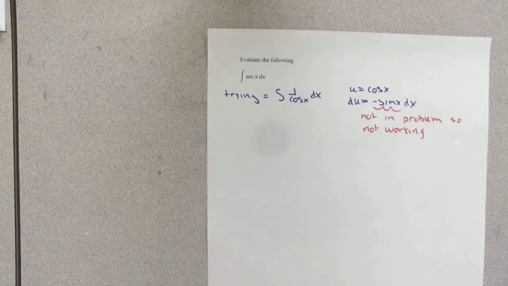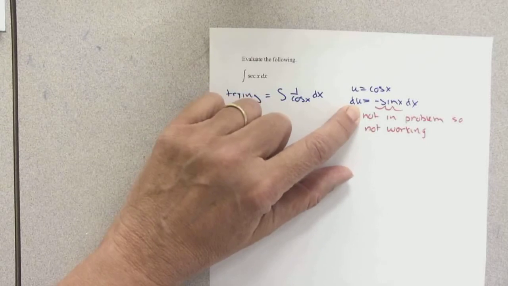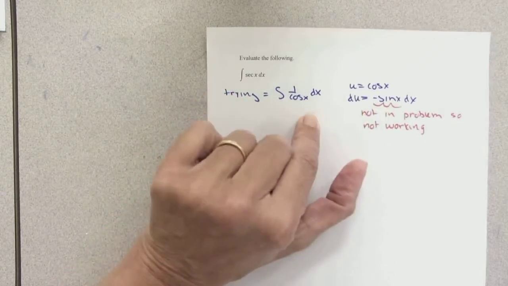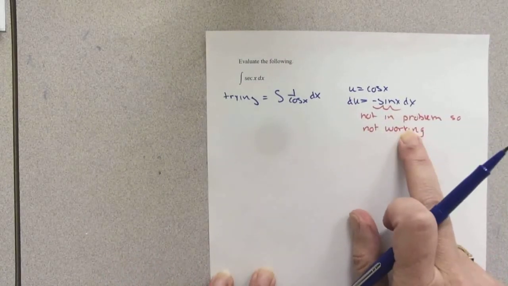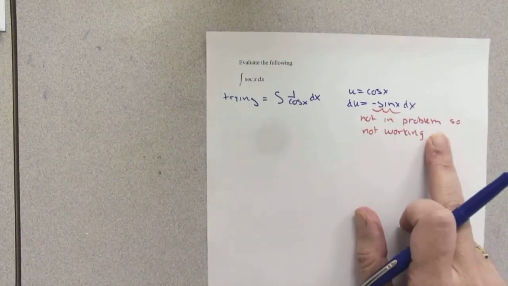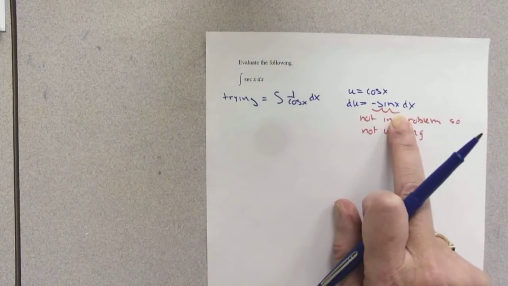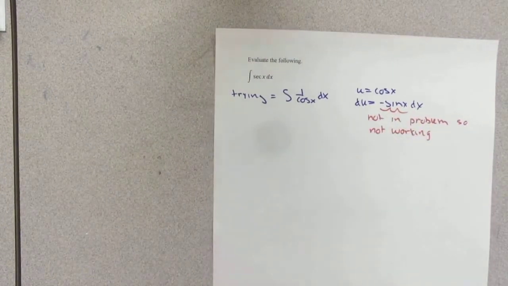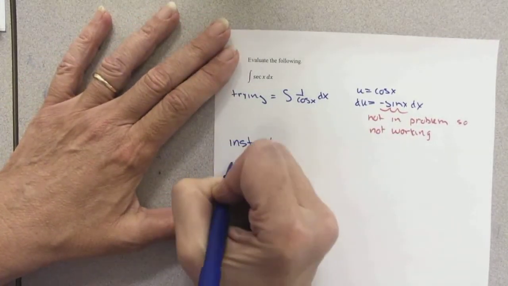And that was worth saying, that remember, we want to run that quick check, that when you make your choice for u and you calculate du, you want to see that variable stuff in the problem, and it's not, so it's not working. And that's what we're going to go with in Calculus 1. Yes, there are some odd problems where you can do some fudging. You can manipulate things, writing things here and there and whatnot. But as a general rule in Calculus 1, if that variable part of du is not in the problem, it's not working. So what we're going to do instead, and no one would expect you to know this,